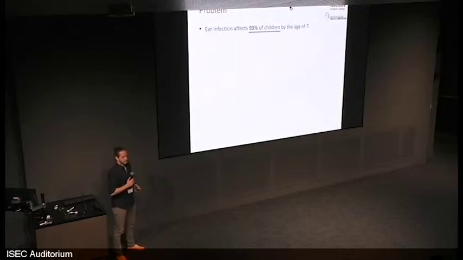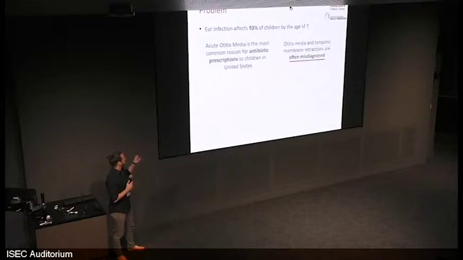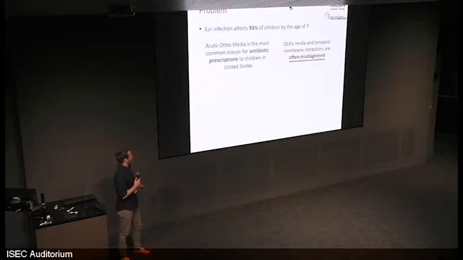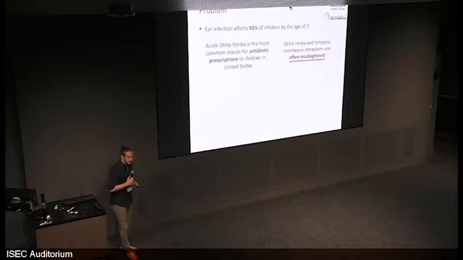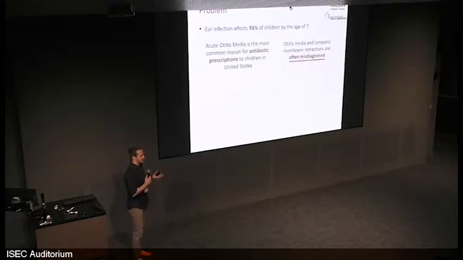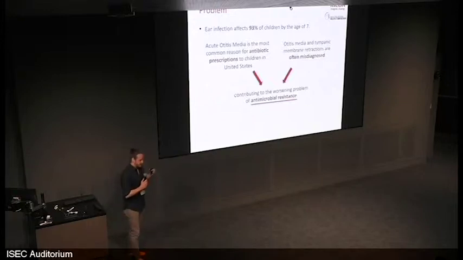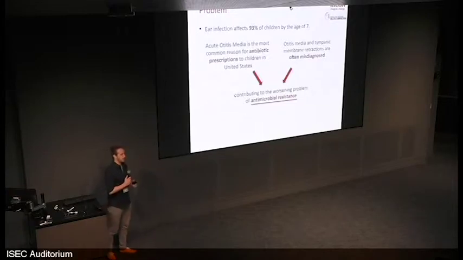There are different types of ear infection, but the most common one is acute otitis media, which is also the most common reason for antibiotic prescription to children in the United States. Although it's a very common infection, it's still often misdiagnosed. And when I say very often, to give you some numbers, pediatricians have an accuracy of 65%. So this leads to an overprescription of antibiotics to children, and therefore this is contributing to the worsening problem of